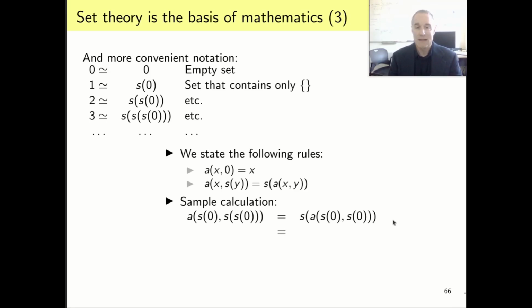So if we want to take the addition of the successor of 0, which is 1, and the successor of the successor of 0, which is 2, that's the same as adding the successor of 0 and the successor of 0, and then taking its successor, right? We've just done a substitution with this second sub-bullet from above.